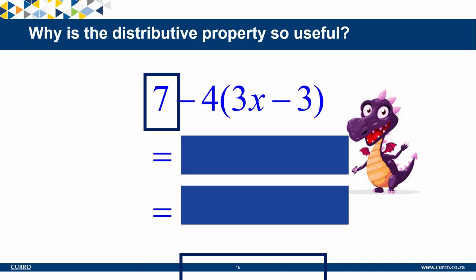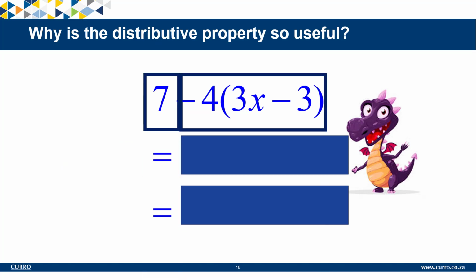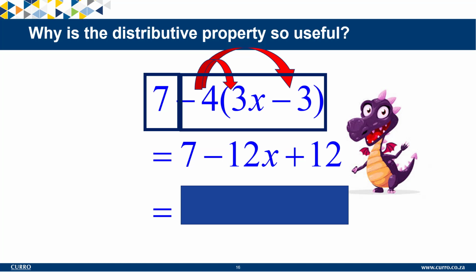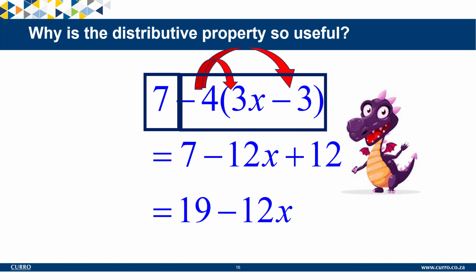It's clear that there are two terms. 7 minus 4 times the bracket. Remember, terms are separated by a negative or a positive sign. So we first distribute the negative 4 to the 3x and the negative 3. That gives us negative 12x plus 12. We bring the 7 down, and now we can collect the like terms. Do you see that 7 plus 12 equals 19, and then minus 12x, or we can say negative 12x plus